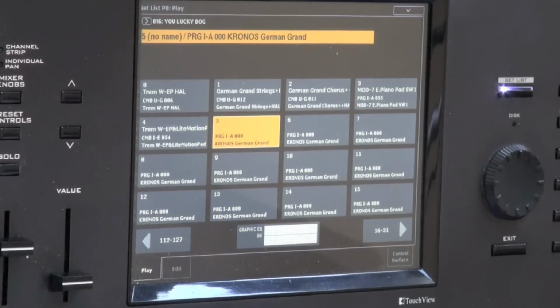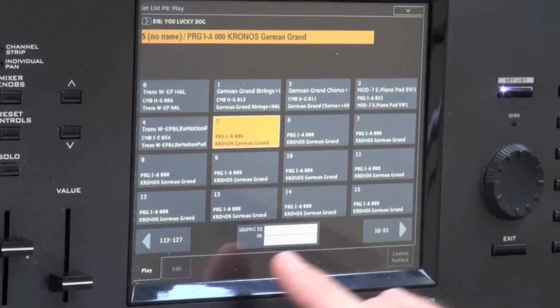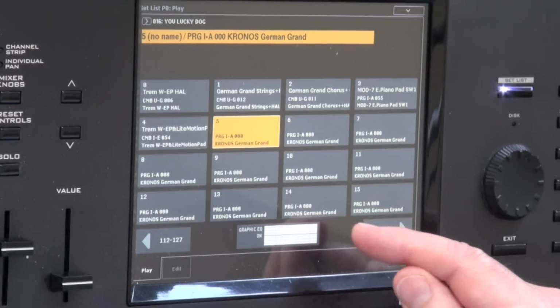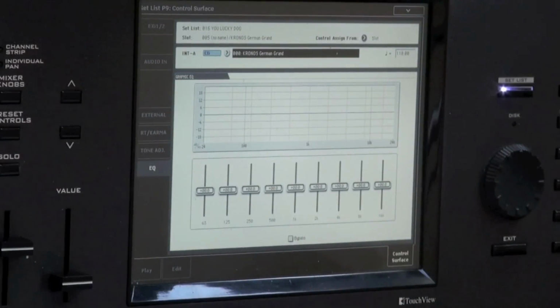Another cool thing about the set list is that you can change your equalizer settings and store them separately for any song set lists. And that's a big advantage of making all these separate set lists, because each song can be equalized differently. This is how you do that. Here's the one we just made, You Lucky Dog. This is a pretty neutral setting here, the default, but if I want to change it, just click on the